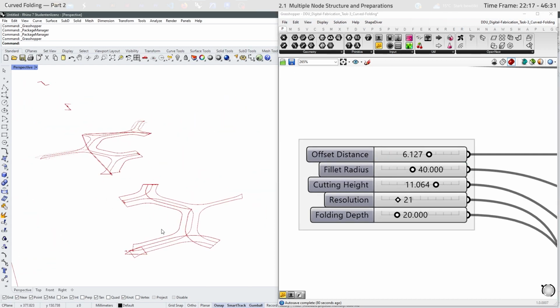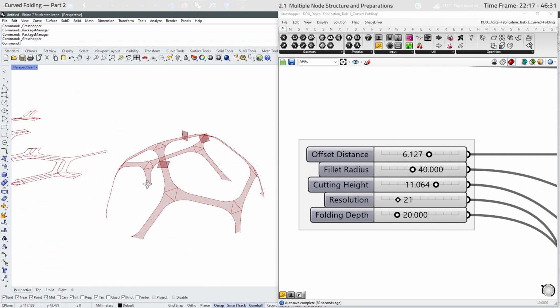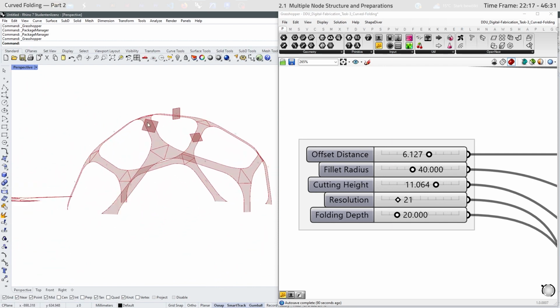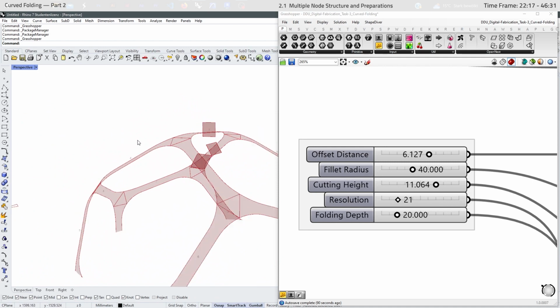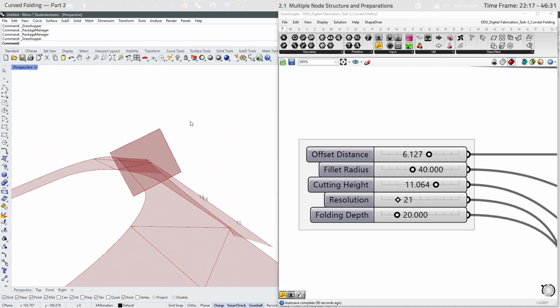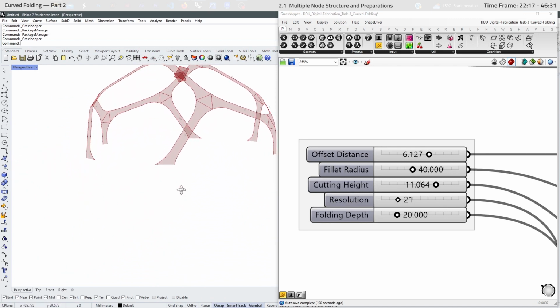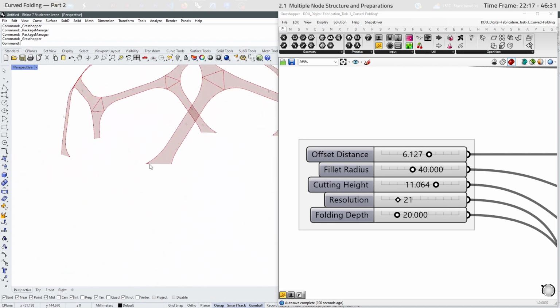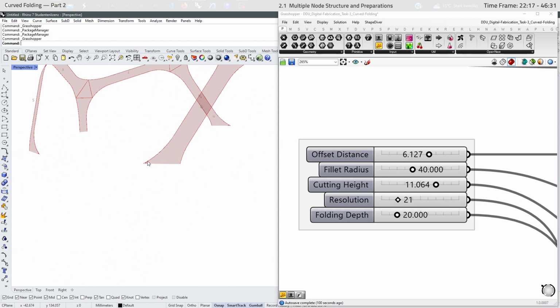And here the unrolling is broken again, so we can take a look. The cutting geometries have the right size. They are not small. But if we take a closer look, we can see that here a small part of